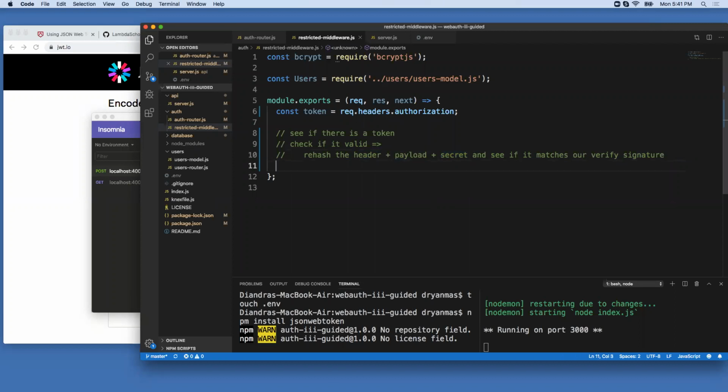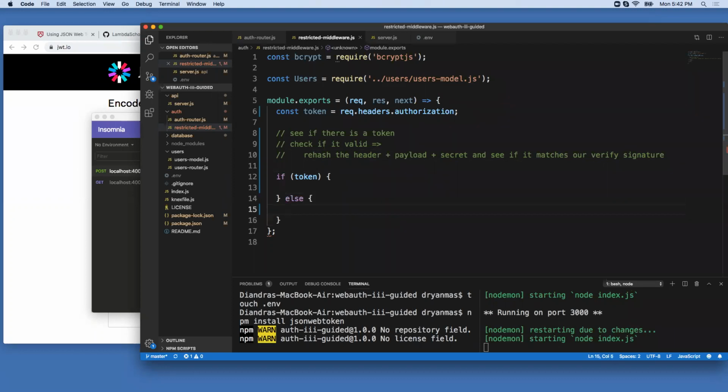And then potentially, you might imagine, extracting something like the user ID or username or roles, because in a real world example, usually endpoints are going to be user specific. But in this case, we get to kind of skip this step because all we're really checking to see is if you are a valid user or not. So let's go ahead and implement that. So we'll start with if token. And if not, we can send back